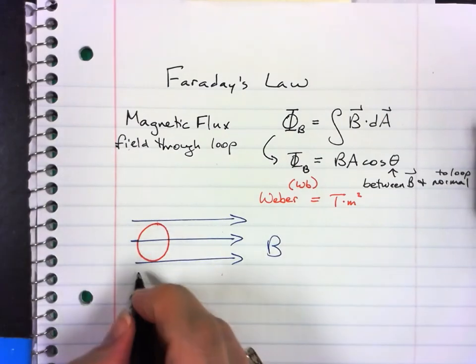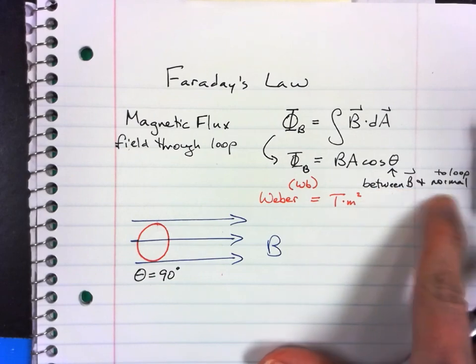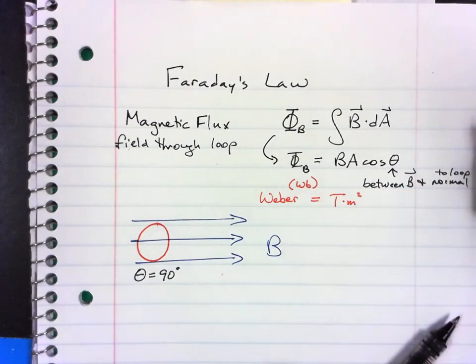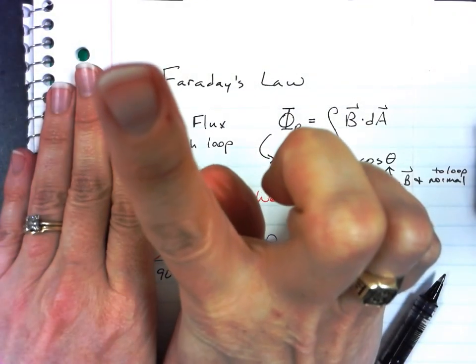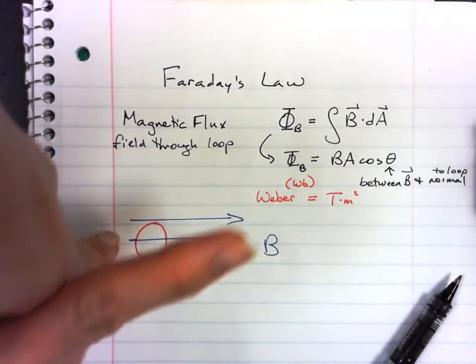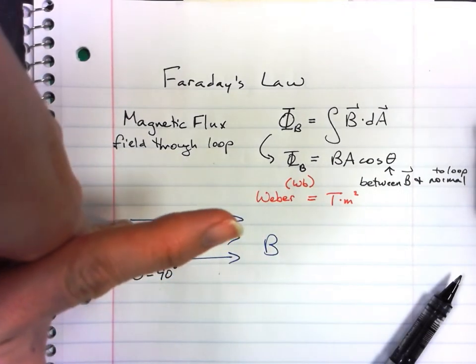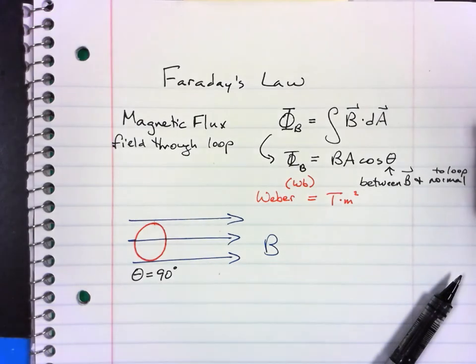And that's because this angle would be 90 degrees, because the angle is between the magnetic field and the normal to the loop. So the loop's material is here. It's flat on the paper. The normal of that is perpendicular, either out of the page or into the page. Well, if I do into the page a magnetic field, you can see that's a perpendicular angle. So the flux